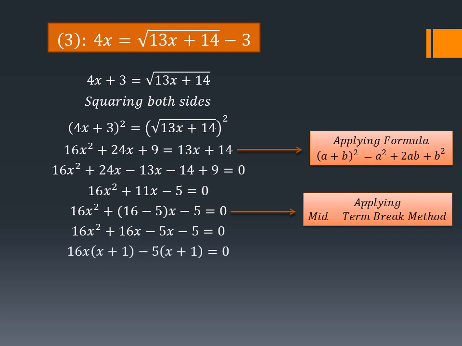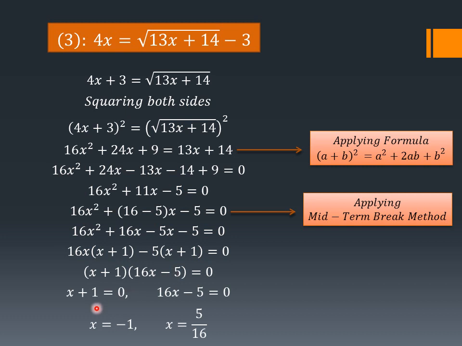Multiplying the brackets, we will take common from 16x square plus 16x. The common digit will be 16x and inside the bracket x plus 1, because no digit remains here, so we will place 1. Again, minus 5 is the common digit as we have taken minus as the common sign. So this plus minus 5 will change to plus 1. Writing the brackets once and the digits outside the bracket in a separate bracket, we will get x plus 1